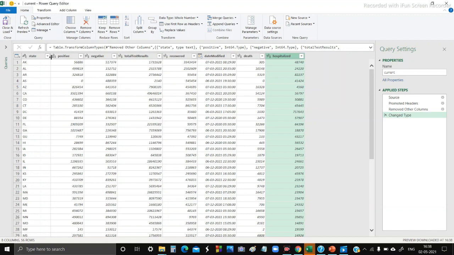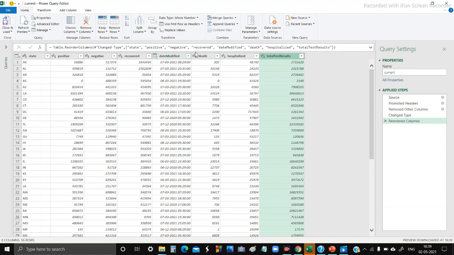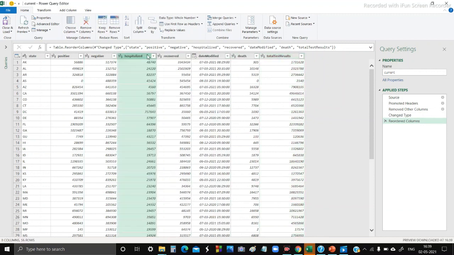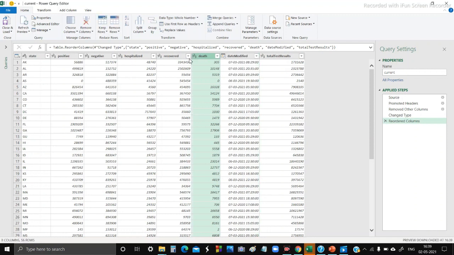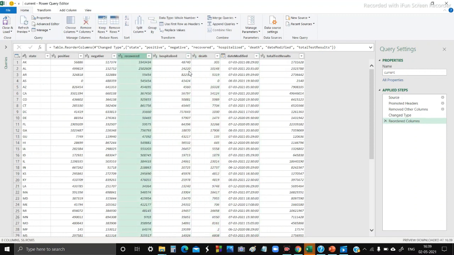Now drag to reorder the columns in the order state, positive, negative, recovered, hospitalized, death, date modified and total test results. Rename columns if needed.